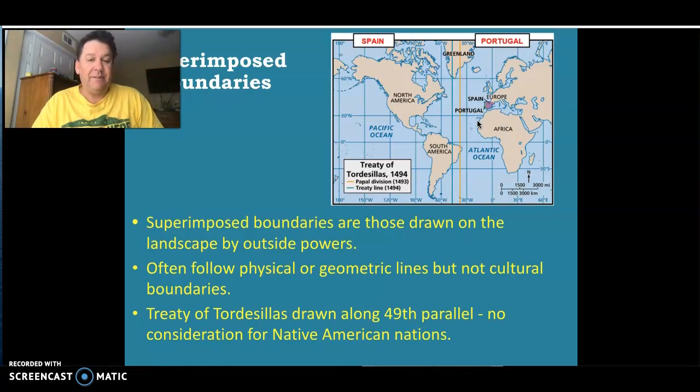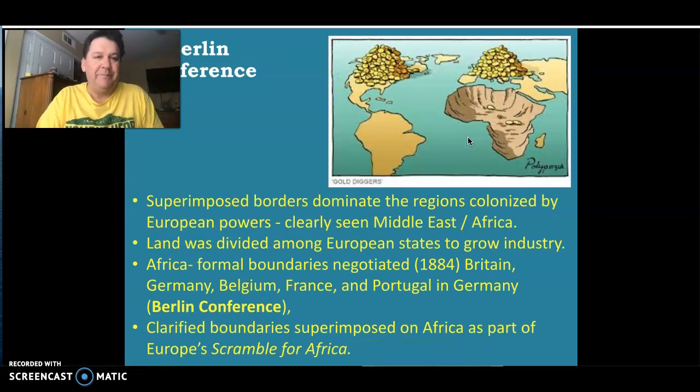Take the Treaty of Tordesillas. This was a treaty drawn by the Pope to try to separate Spain and Portugal. Portugal took everything, as you can see, to our east here on this map. Spain would get everything to the west, and nobody knew that North America or South America existed. They just knew that there were some lands over here that Columbus and a few other guys, including Amerigo Vespucci, had found, but they had no idea of the reaches which Spain would actually claim here. So Spain would get the better of that deal, but again, typical geometric line, some guy, in this case a pope, deciding the line and drawing it straight.